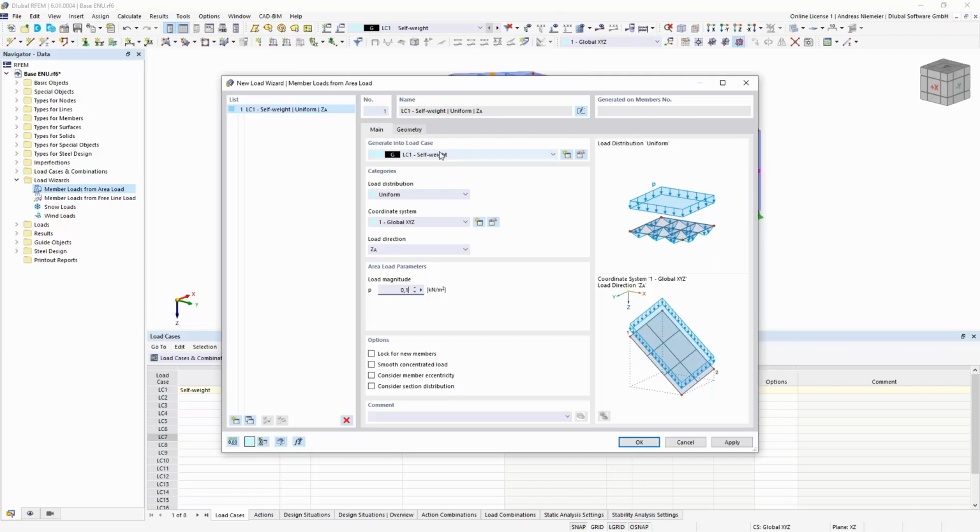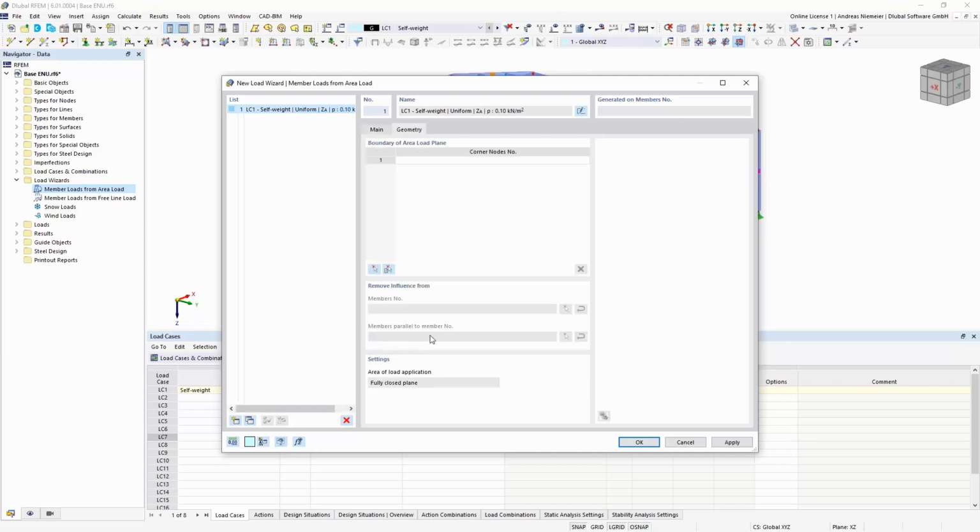And for this definition of surfaces, we now offer two solutions. In the past, we had one solution for defining a surface in space and one solution for defining cells in space. Now you have both in one. Let's take a look how this is working.